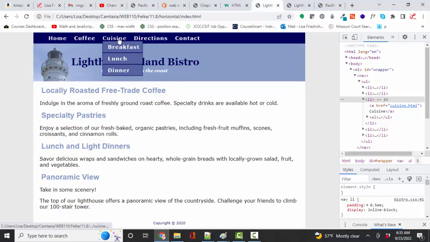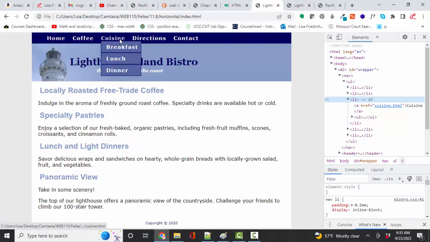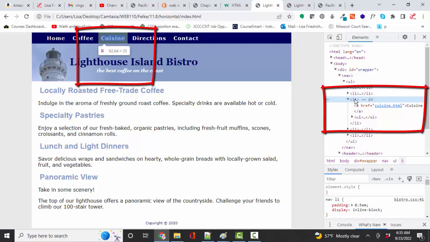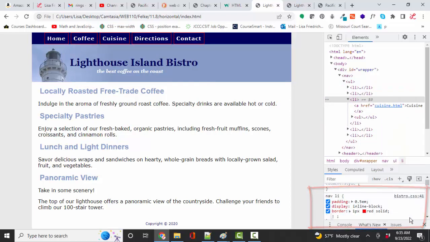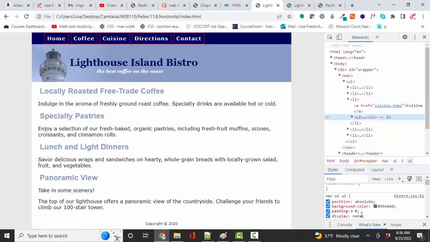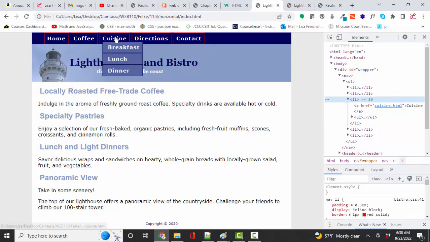I want to remind you that when you're in your web page and your CSS doesn't work quite right, open up your inspector and use your borders to figure out what is going wrong. If I go to the cuisine list item and I go over here and select it in my developer window, I can go ahead and add a border. 1 pixel red solid is my favorite just because it's so obvious. So now when I hover over cuisine, the unordered list that is added has a display of none by default. When I hover over that LI, I can see the drop-down menu, and that's because in the style sheet, the